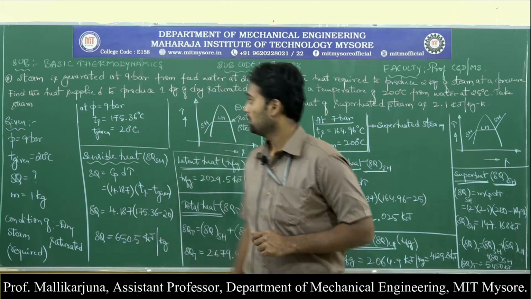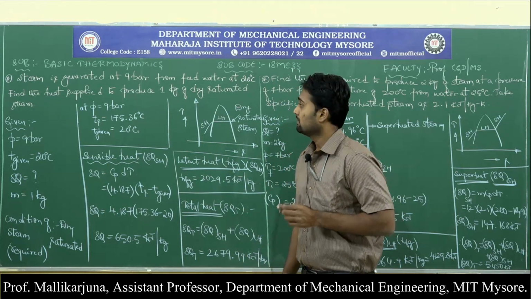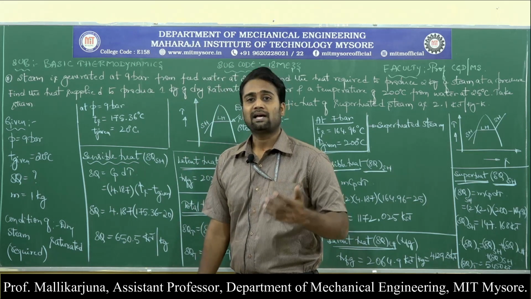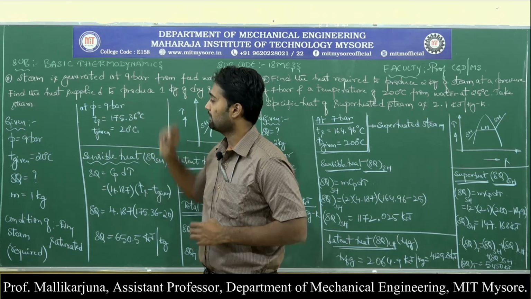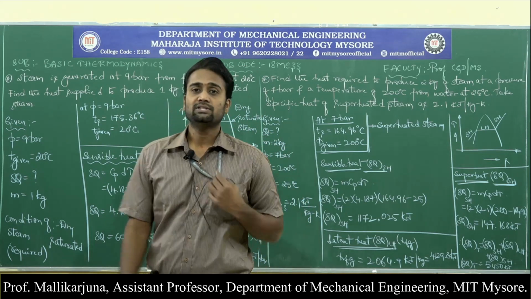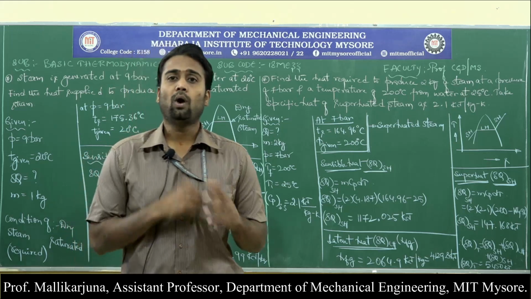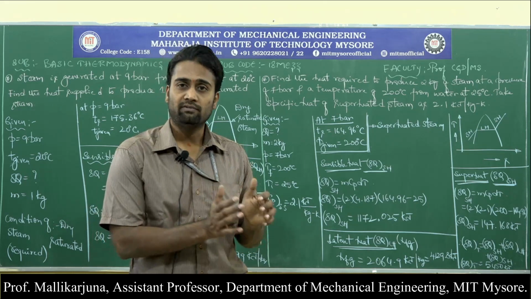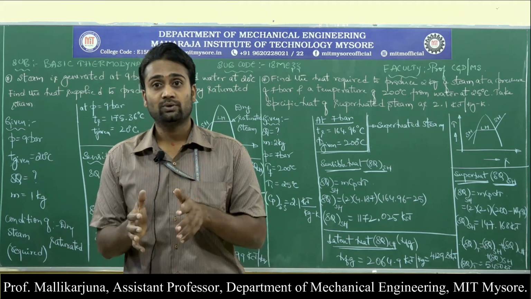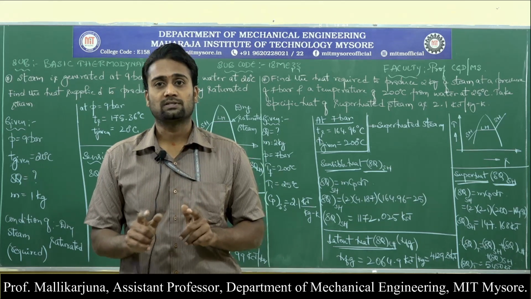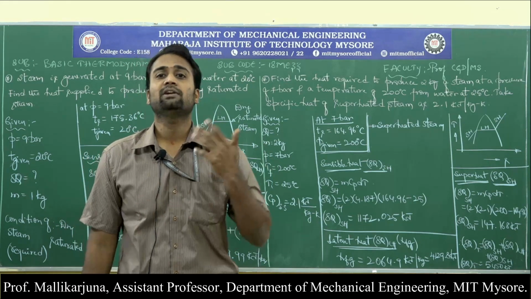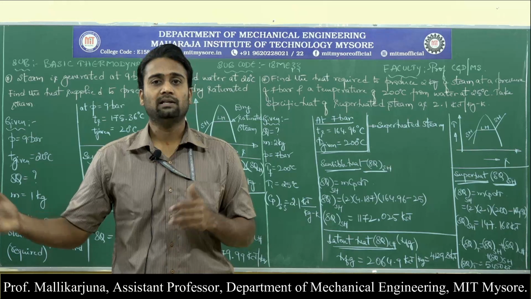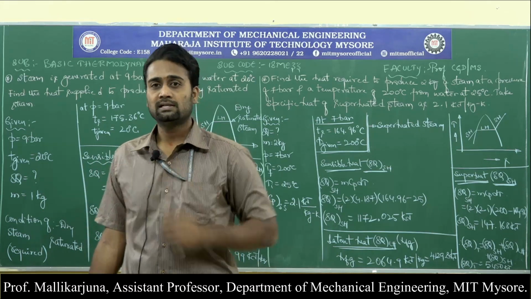So now we need to understand a few things first. The very first thing is they have given us the pressure with which the steam has to be generated. Pressure is nothing but 9 bar. Now initially we need to understand at what condition the given substance is, whether it is in the liquid state or it is already in the saturation state. That needs to be understood first. In this problem he has directly mentioned feed water, in the sense the given substance itself is in liquid state, and he is expecting that liquid form of water to be in the steam state.